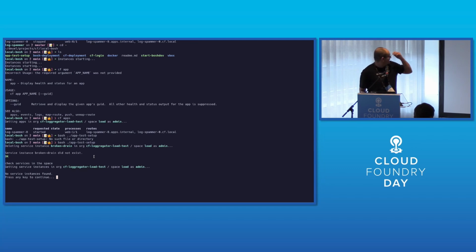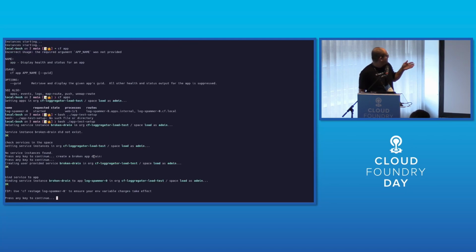Okay, so now we see that we don't have any services in the space. We'll create one with the user-provided service, and you see that the reply is OK, which might mean that your Syslog Drain is OK, but it only means that the data has been written to the Cloud Controller database. Then when we bind the service, we see that we're connecting it to the application, and now